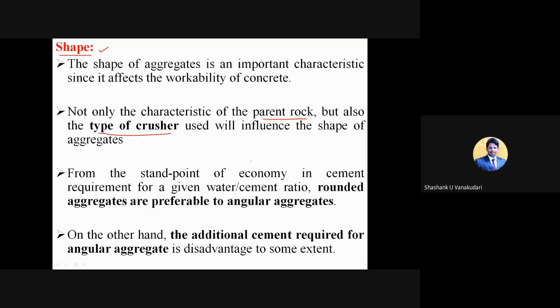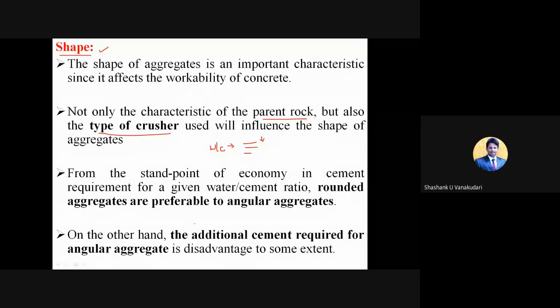Means whatever the water cement ratio is depends on this. So that again will vary with respect to the different shapes of the aggregates. So when you have used rounded aggregates, the water cement ratio required will be less, because being rounded, it can easily be workable, so that additional percentage of water is not required here. Clear? So compared to the angular aggregates, the rounded particles require less water cement ratio.